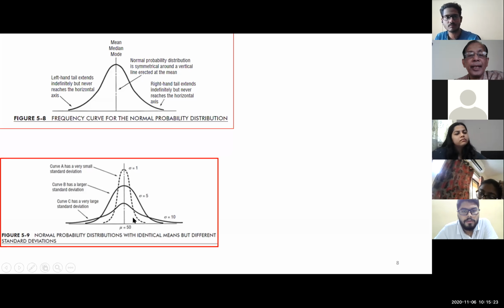And there are a few names for this type of curves. You need not worry, that may not come in the exam. But if you check a statistics book, the lower one, which looks flat, appears like a platypus, a creature called a platypus.